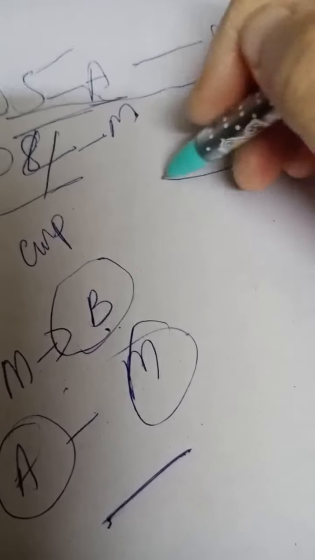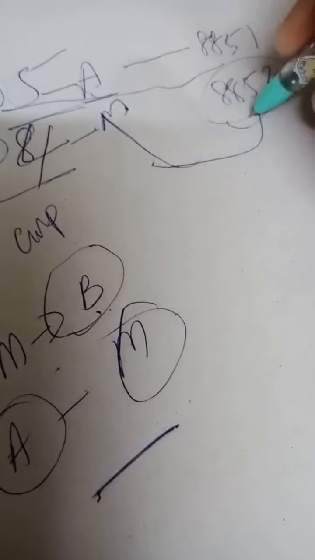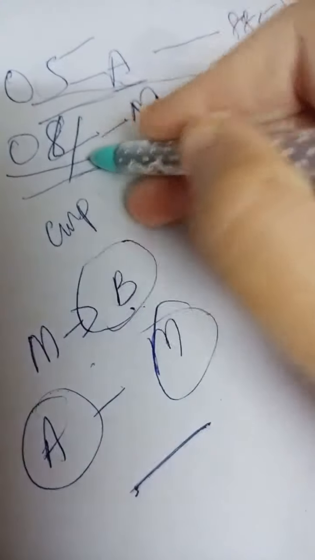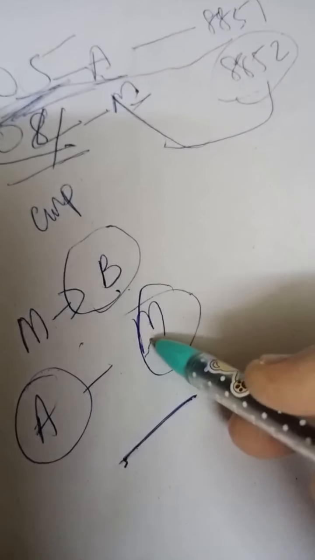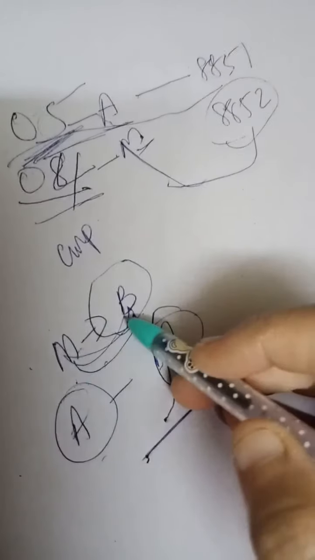Okay, this number is at memory location 8851. This will move to the accumulator. Then 8852 is the memory location. On 52, whatever number is there, it is 04, which is smaller than the accumulator. So that memory location data will move to the B register, because it is small. 04 will now be in B. The accumulator data will be in the memory location, which is 8852.